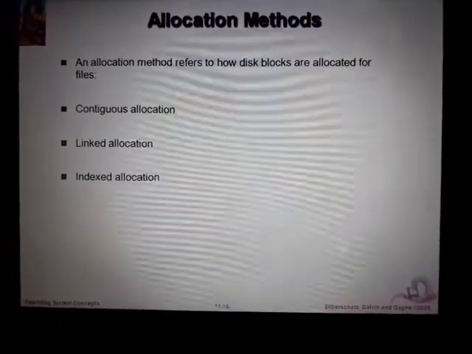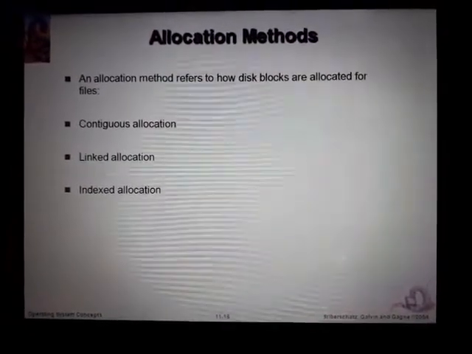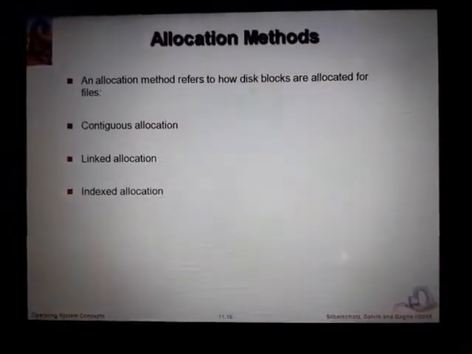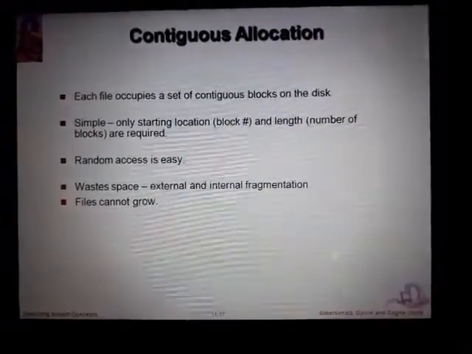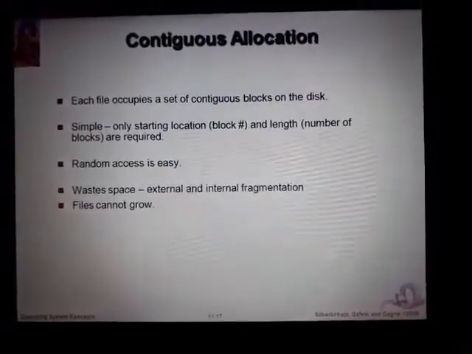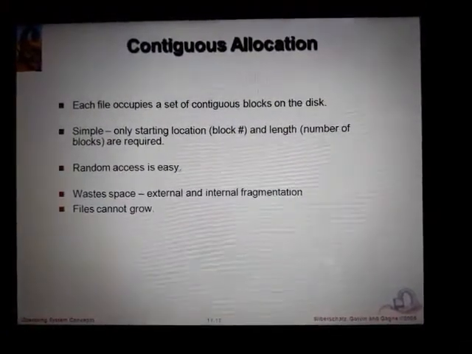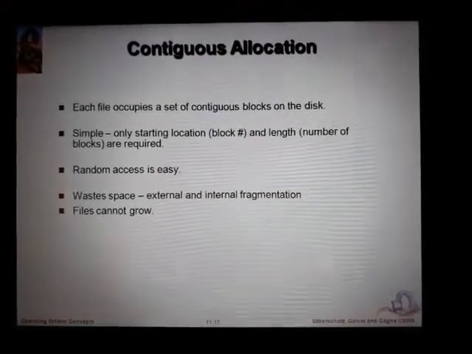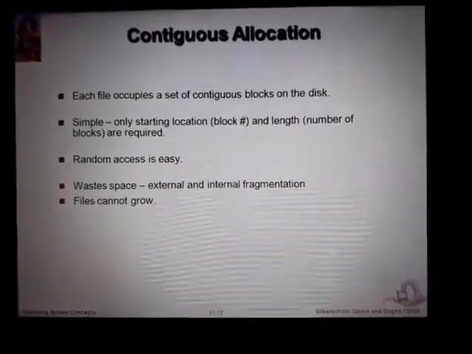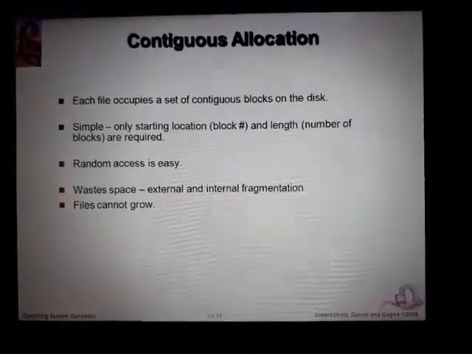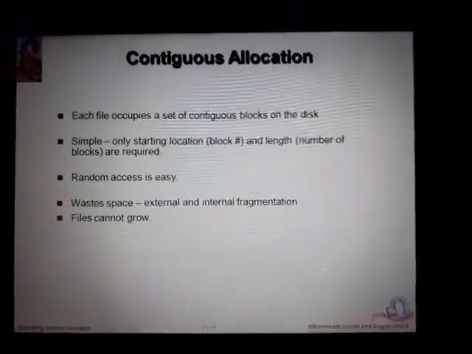Allocation methods. An allocation method refers to how disk blocks are allocated to the files. There are three methods: contiguous allocation, linked allocation, indexed allocation. Contiguous allocation. Each file occupies a set of blocks on the disk. It is a simple method. Only the start location and the length are required, that is, the block and the number of blocks. Random access is easy. Wastes space. External and internal fragmentation exist. Files cannot grow. Wastage of space